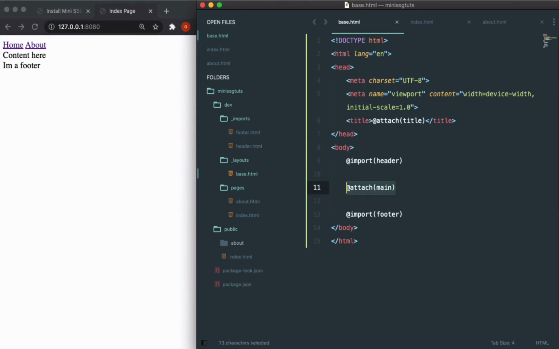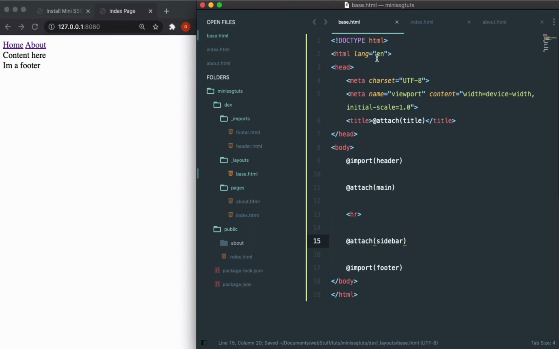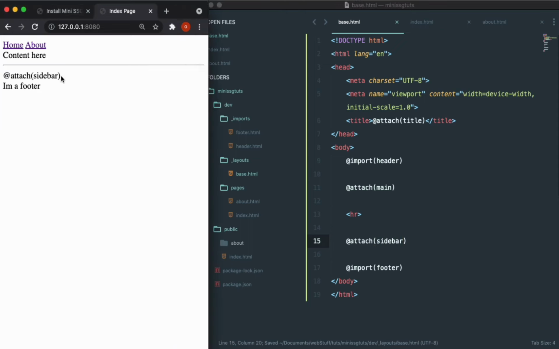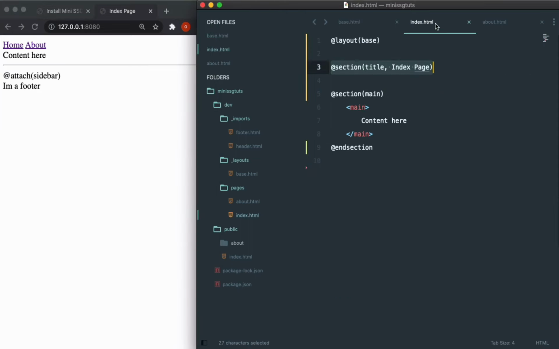Let's say we want to add a sidebar. I'll create a visual separation with a horizontal line here, and I'll attach a new attachment called sidebar. For now, nothing is rendered, or it will just render this as plain text. If I want to add a sidebar, I can easily use the same principle. Sidebar, and I can call it sidebar here,